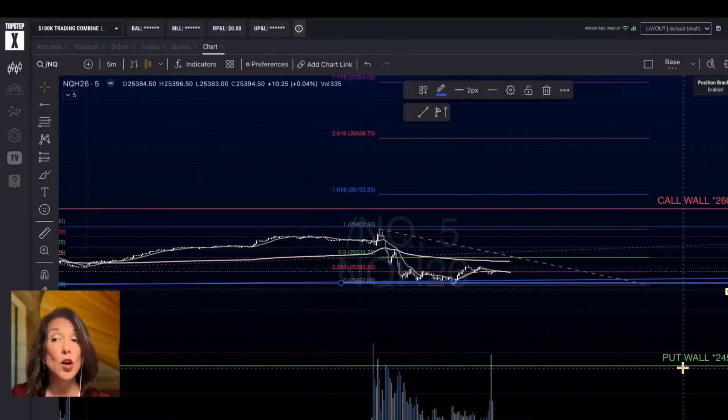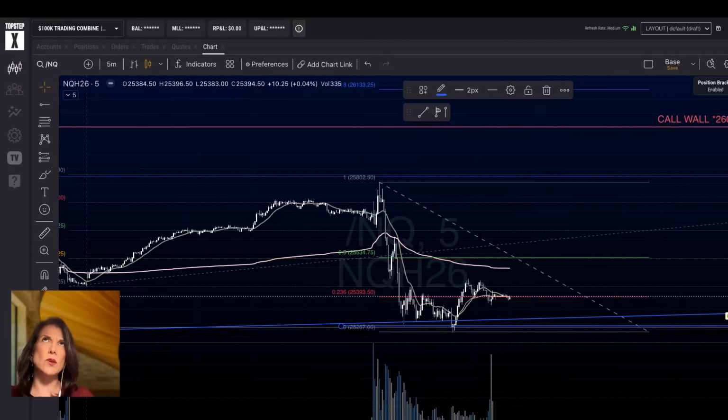Put wall, low, 24,500. The 13Fs of a number of very big traders came out. I don't know when that got released. Maybe it was late November into December. I can't remember when they got released, but a lot of them show that they're rotating out of mega cap tech. And so that could be the reason that the NQ is not operating as well as the